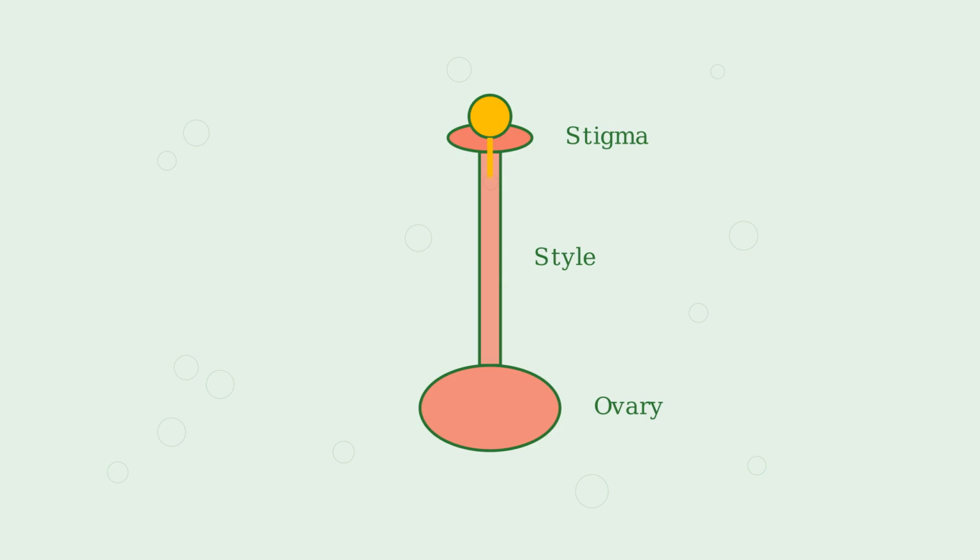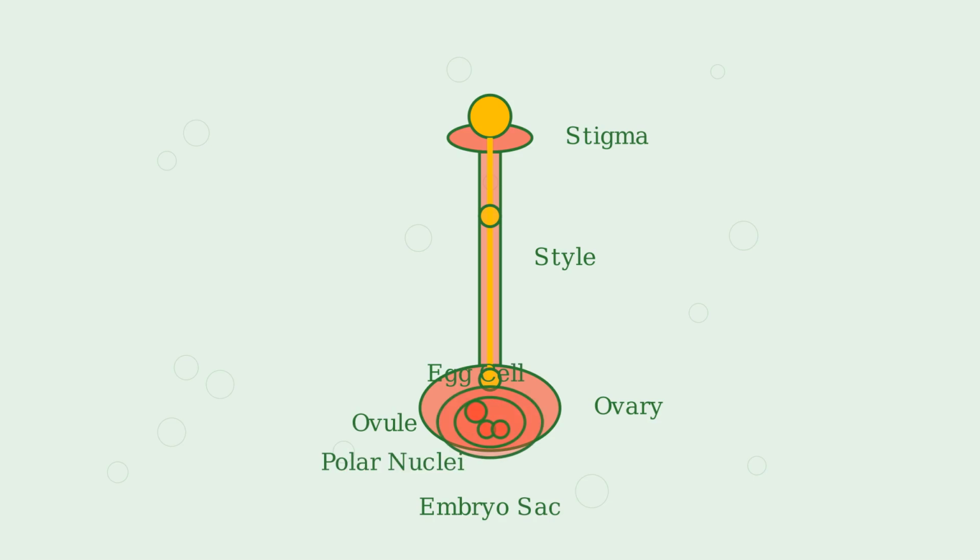After landing, the pollen grain germinates and forms a pollen tube that grows down through the style toward the ovary. The pollen tube carries two sperm cells down to the ovule. Once the pollen tube reaches the ovule, it enters the embryo sac, where the egg cell and two polar nuclei